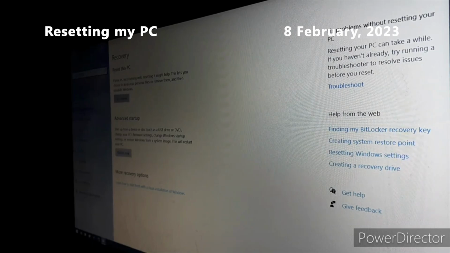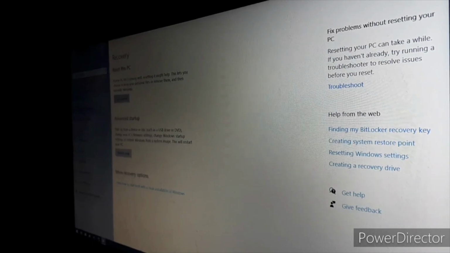Well, hello everyone. Today I'm going to do something pretty cool, I don't know. As you see here, I'm in the recovery settings on my Windows 10 PC,